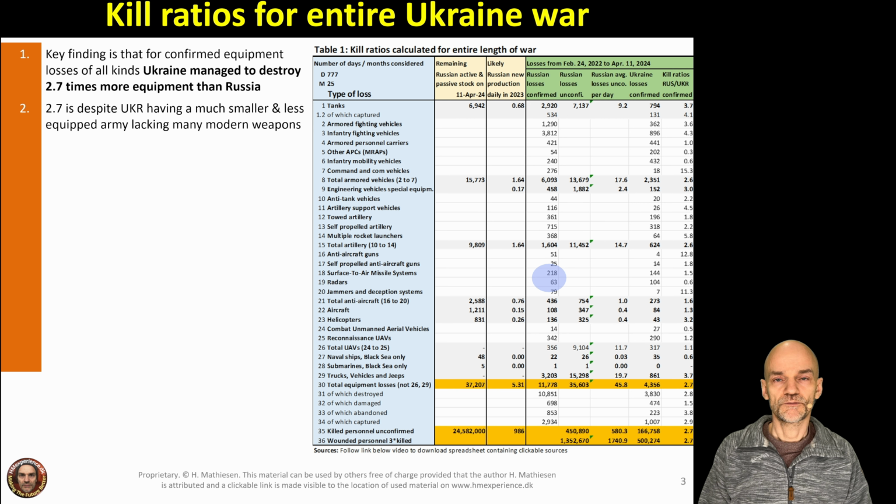Also, Ukraine has managed to train, I think, their soldiers better than Russia has. We have heard horrible stories about Russia sending their foot soldiers out after only a few weeks of basic training, whereas Ukraine has a better training program. But Russia has changed over time, and we'll come back to that when we compare the kill ratios and how they developed over time, and Russia is adapting here.